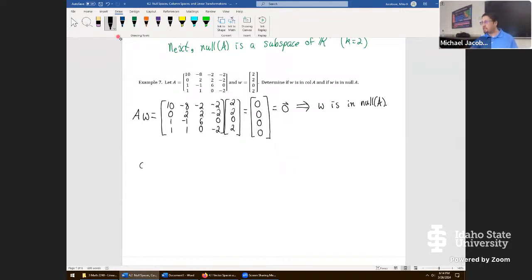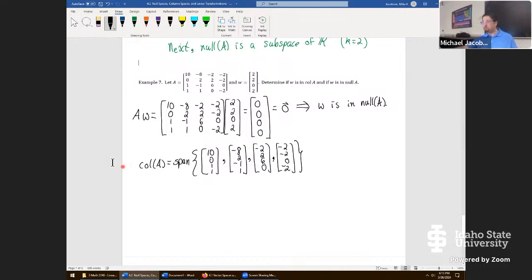We can start by saying the column space of A is the span of (1, 0, 0, 1, 1), (-8, 2, -1, 1), (-2, 2, 6, 0), and last, (-2, -2, 0, -2). Now I wrote that as a span, but that means this is the set of all linear combinations of those